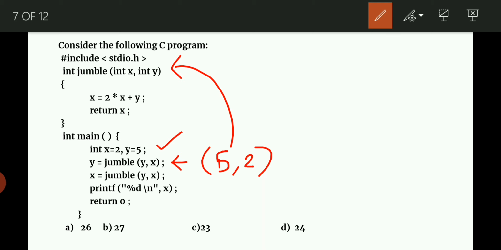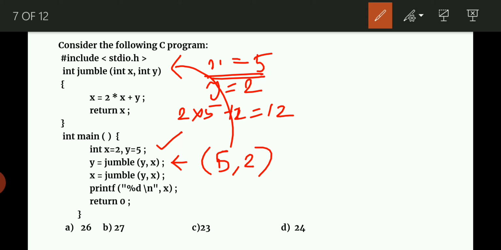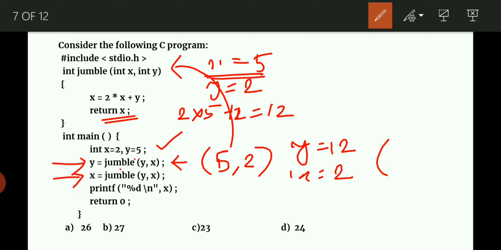At that time x will get the value 5 and y will get the value 2, and it will calculate 2 * x + y, which is 2 into 5 plus 2, giving the value 12. It will return the value of x, and that will get stored in y. Now in main, y equals 12 and x equals 2, and it will again call jumble of y comma x, that is 12 comma 2.